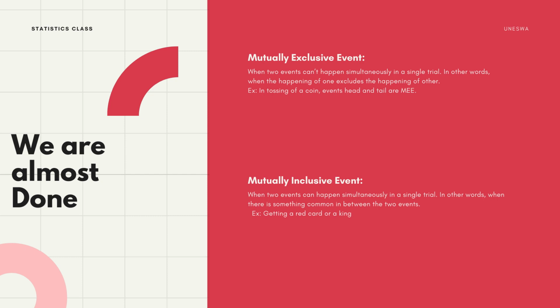These 2 circles have no intersection in the middle. Whilst on the other hand, with mutually inclusive events, we are saying that these 2 events can happen simultaneously in a single trial. So if they can happen at the same time, I now have to give you an example